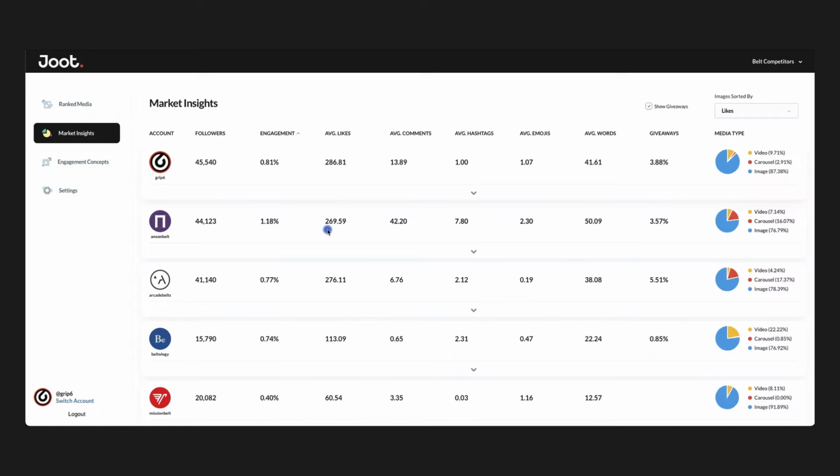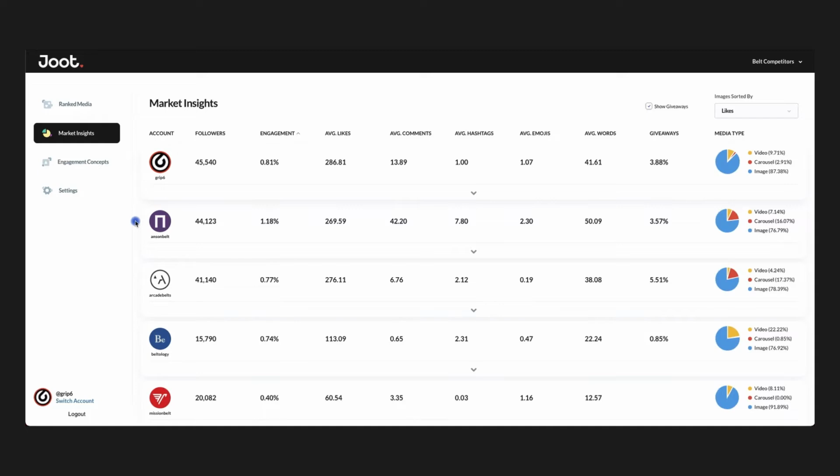For example, they use more hashtags, they use more emojis per post, they average more words per caption, and they have a little higher percentage of carousel posts, which makes sense given that it's a product and you want followers to stay on your post longer. These are good data points to keep in mind and to experiment with to see which changes can lead to